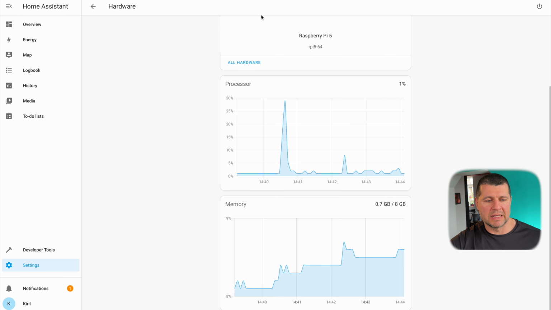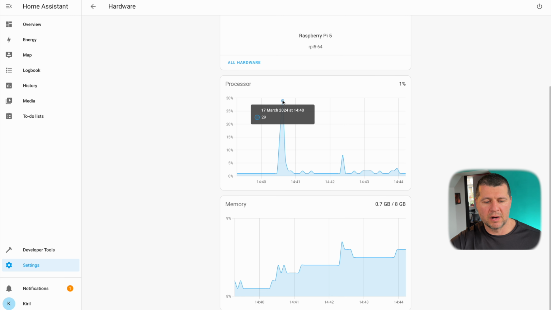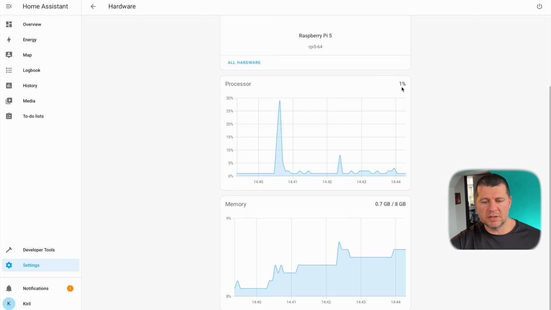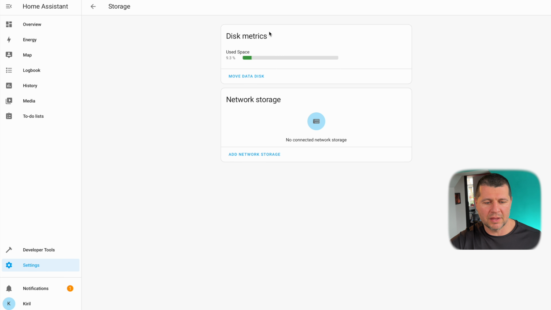If I go to the hardware section, I can see a CPU spike here, but now it has returned back to normal and the CPU usage is 1% and the memory is 0.7. That is like breathing fresh mountain air for the system, nothing complicated, and the disk metrics used space has not changed at all. Let me refresh that. Oh, it has changed a bit, 0.7% is taken after this add-on installation,